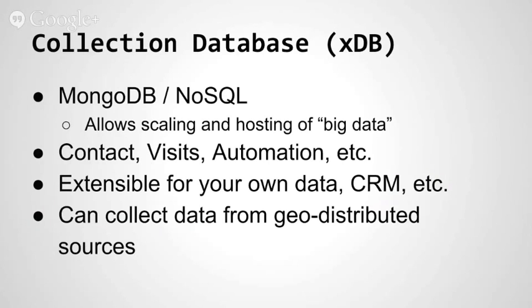So the collection database, whereas the session database can be either Mongo or SQL Server, the collection database does need to be MongoDB. And the idea here is that it's going to allow scaling, massive scaling and massive hosting of big data. But really, I think when Mike gets up here to talk about Mongo, you'll get an idea of why Mongo is so scalable. And it is a database platform